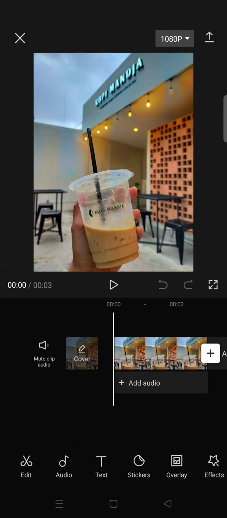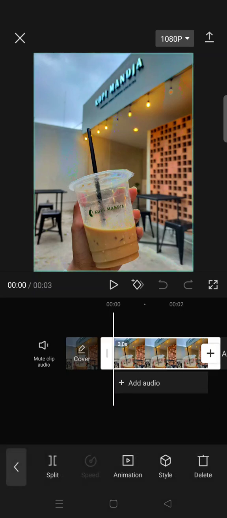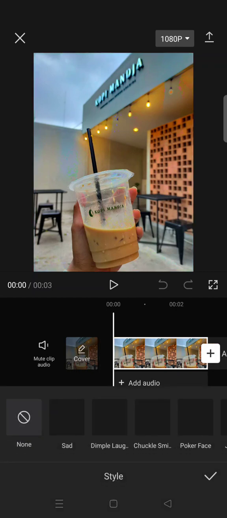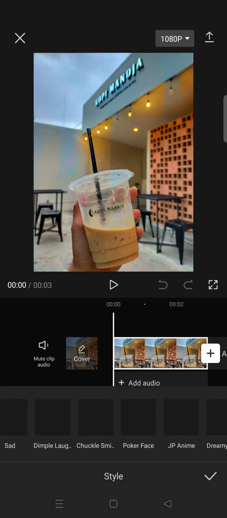On today's video, I'm gonna show you how to do 3D strobe edit on Capcut. So for this edit, you need to import a photo to Capcut, and then after that just click on the photo and go to style, and here swipe until you find the 3D zoom